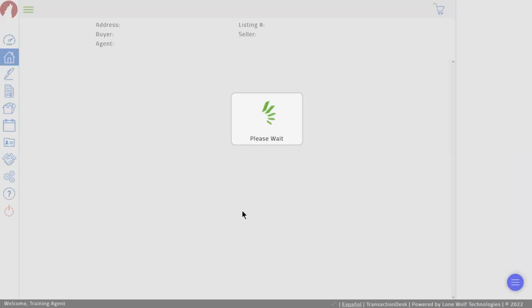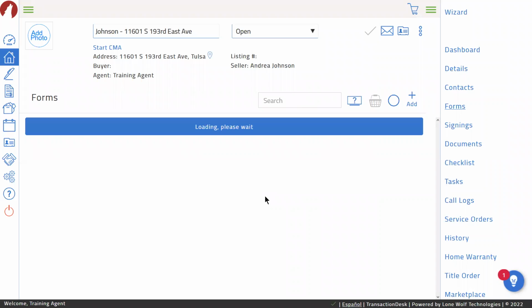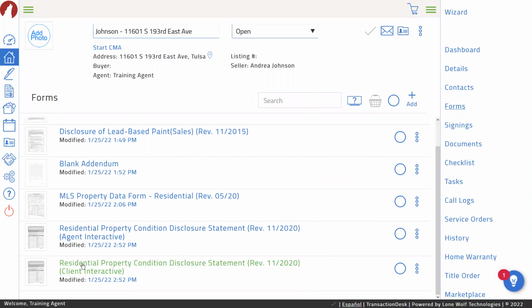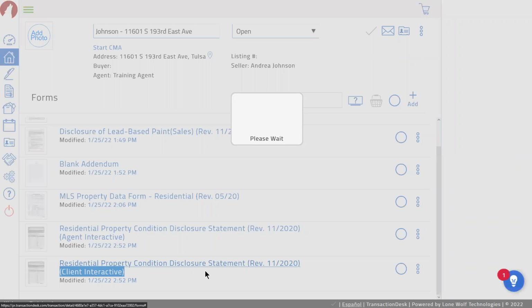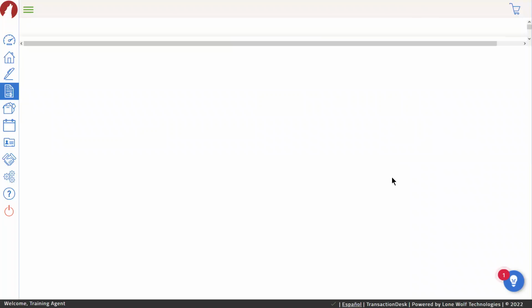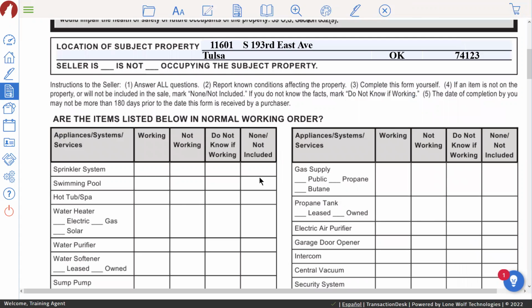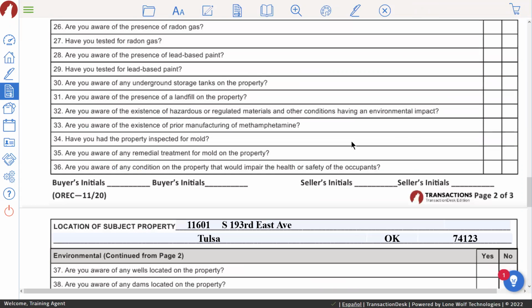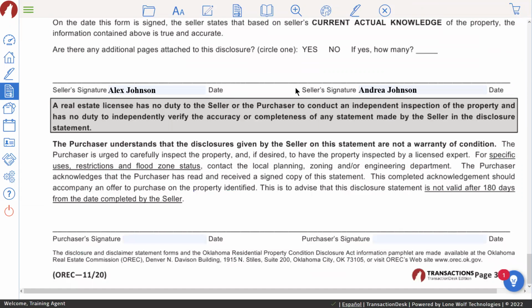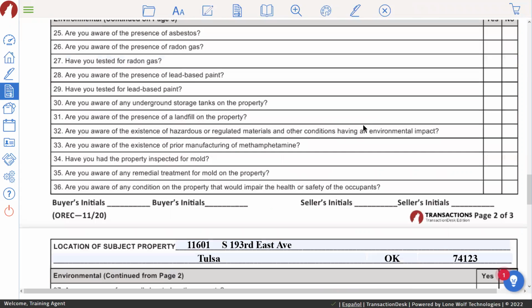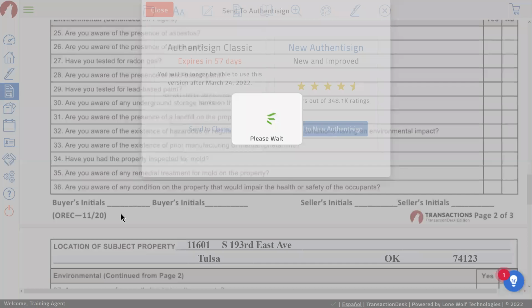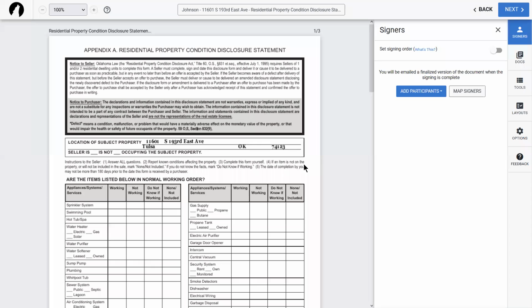So let's actually move back. Whenever I open up the, there we go. I'm going to open up the client interactive one. Again, this is the one that I recommend that you guys use whenever you're sending this off. Whenever you're sending off the client interactive one, it looks empty. So a lot of people are thrown off by this because they'll be seeing the form in advance of actually sending it off to be signed, and they think that it's broken or it doesn't include the information that they need. But again, once we send this off to be signed, it immediately adds all of those little spaces, all the little check boxes that the client's actually going to need to fill out.